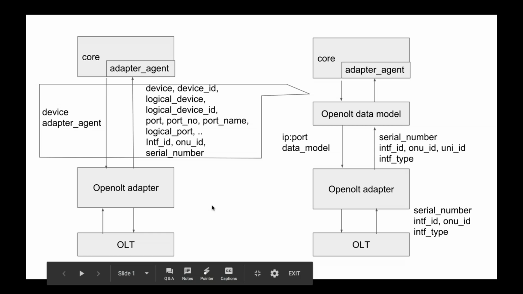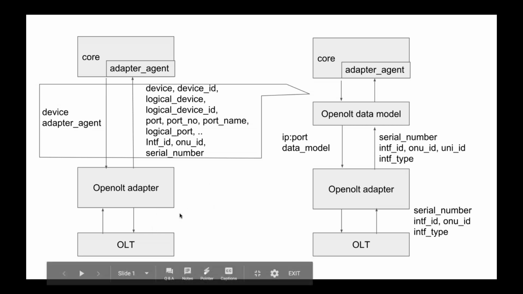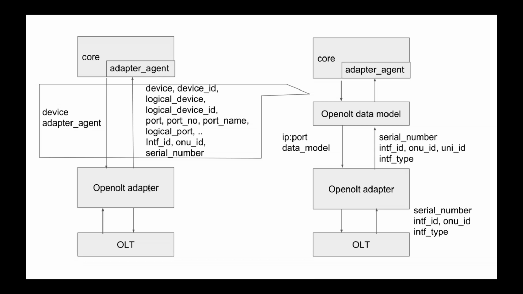So on the left over here is what we have today in 1.0. This is about some changes that I'm making on the 1.x VOLTHA, and hopefully this will help in the containerization effort eventually. But right now it's on 1.x. So on the left is what we have today on 1.x: core talks to the OpenOLT adapter, or any adapter, over the iAdapter interface,